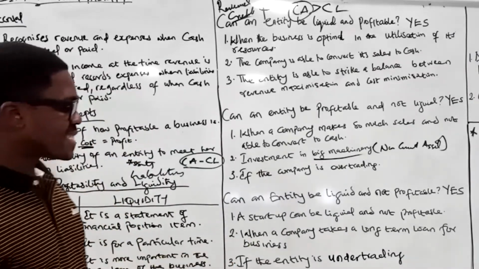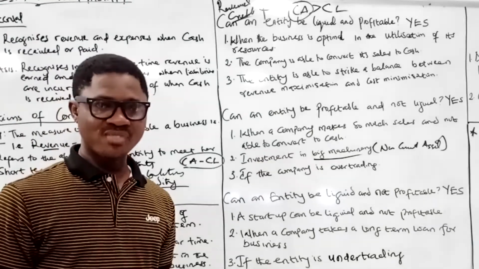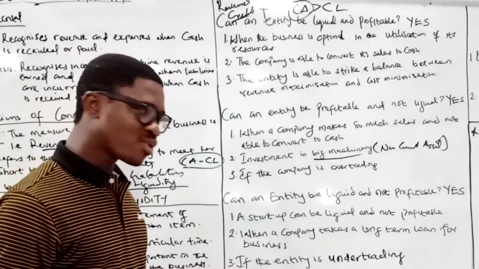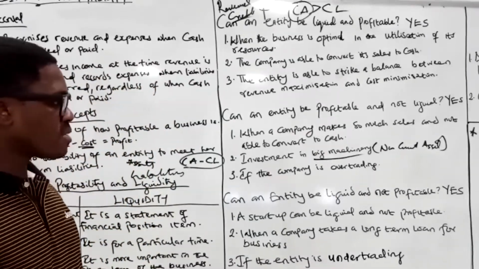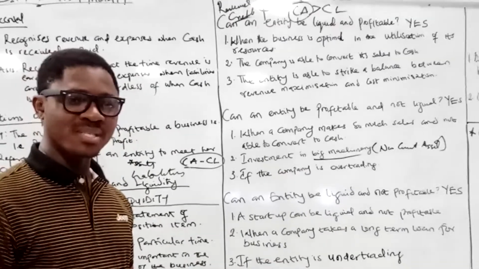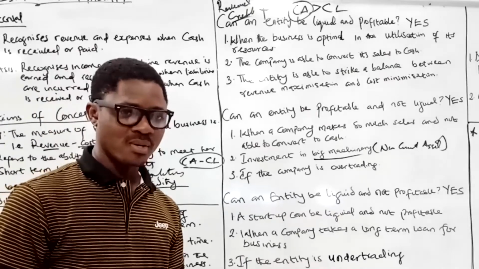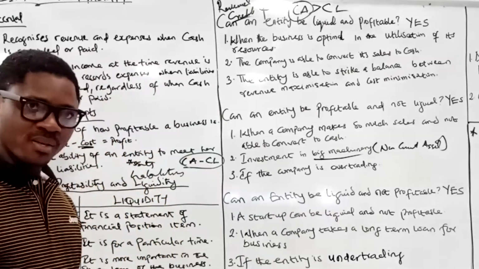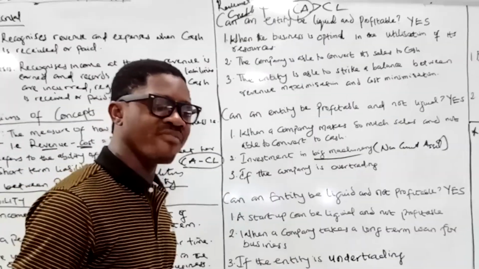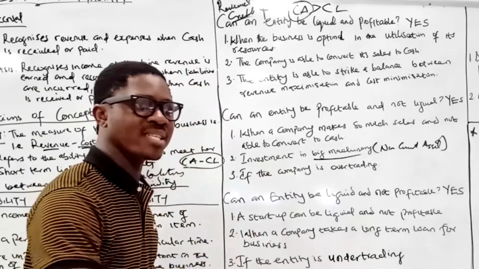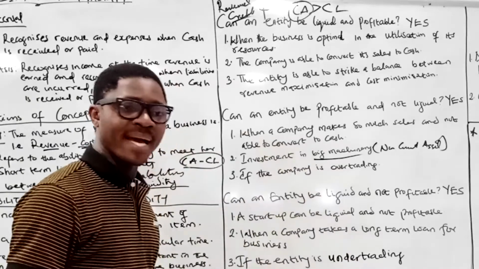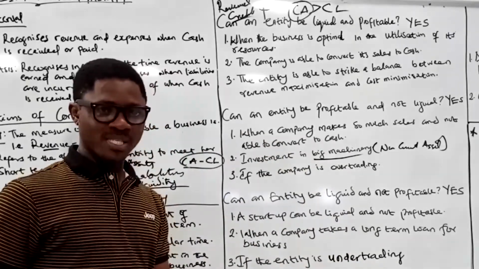Third point, when the entity is under-trading. Everything is risk in business. Under-trading simply means the company is scared of injecting so much into the business, which would mean that the company doesn't have so many goods to sell. And of course, the company may be liquid, but such a company may not be profitable. Because it is the company's investment in inventory that it eventually sells to generate revenue, and if the revenue is not increasing, the bottom line will not be attractive, which means that the company will not be profitable.